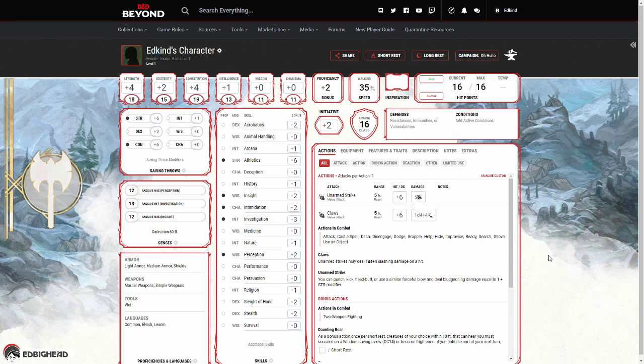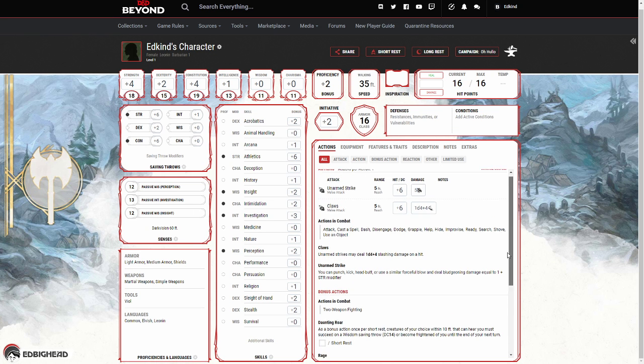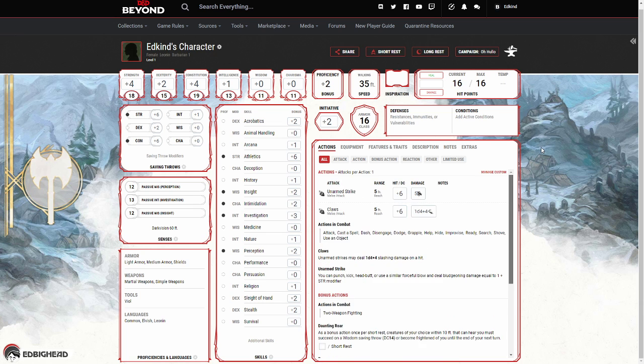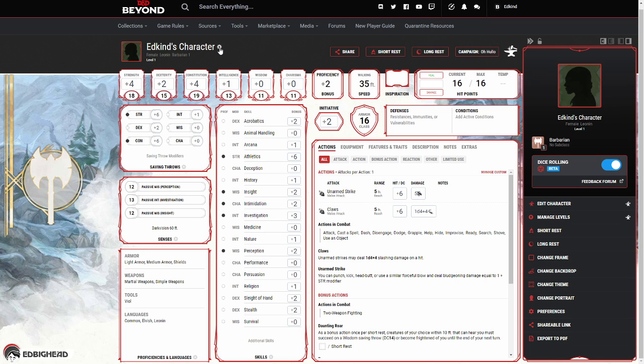Nice organized situation. I'll briefly go over where everything is. But before I do that, something just fun to note, something I didn't always know about. You get this because it's new. A lot of new features show up. But if you hit the little gear next to your character, you get